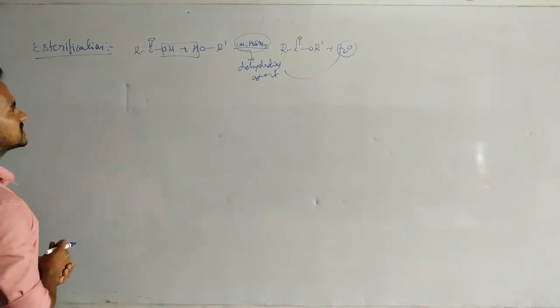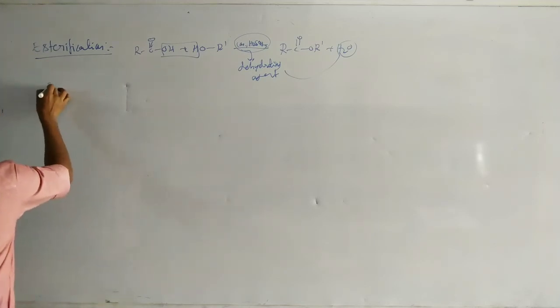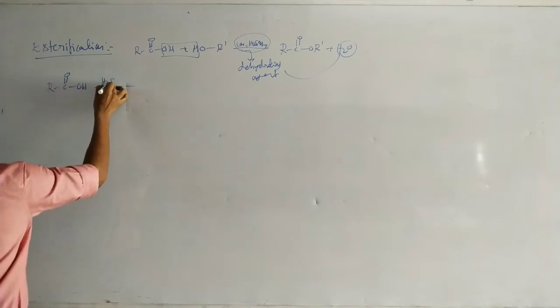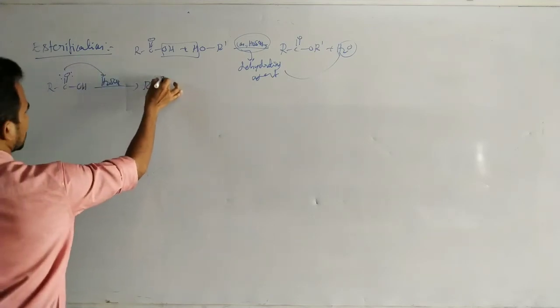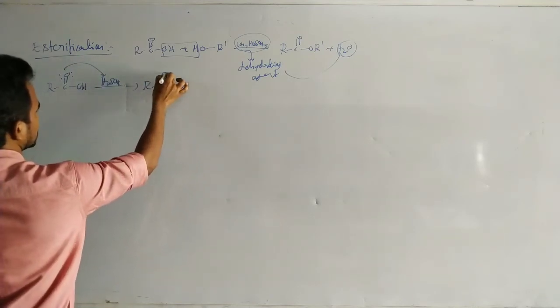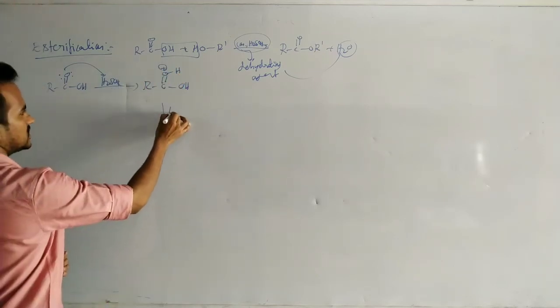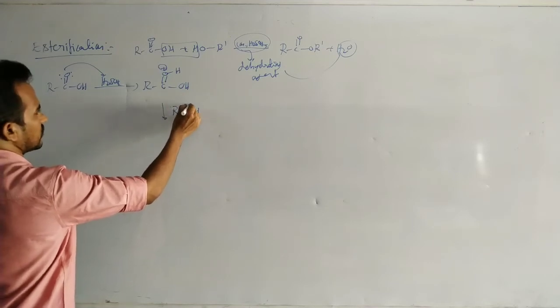Now in this case, first of all, in acid medium H2SO4 releases the H plus ion, so protonation of the carboxylic acid OH takes place with H plus. Next, this is attacked by the alcohol, which acts as a nucleophile.